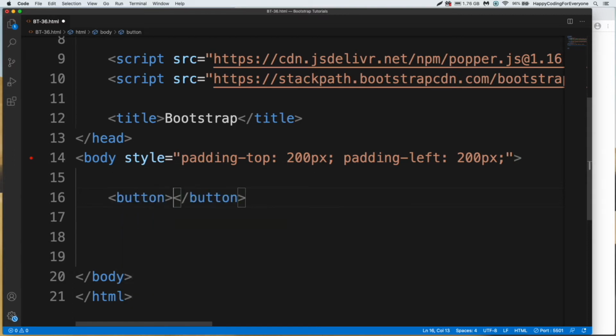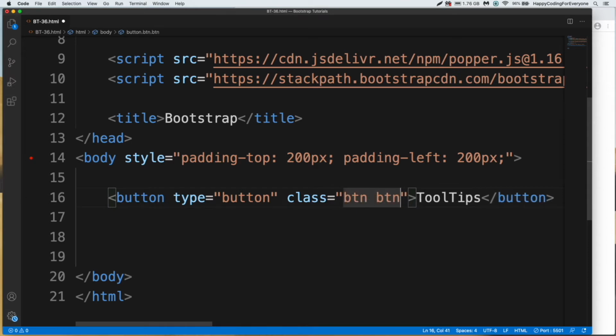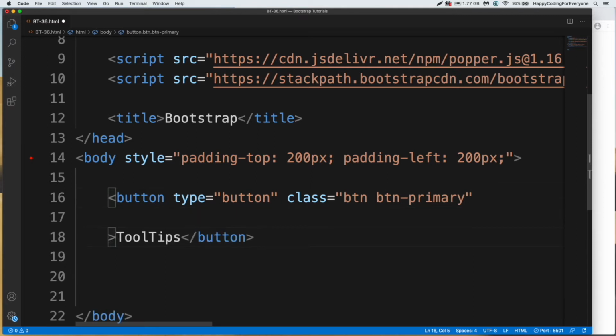Let me add a text. Tooltips. Let me assign our tags. Type button, class btn primary. Let me get it down. And ID tooltips,